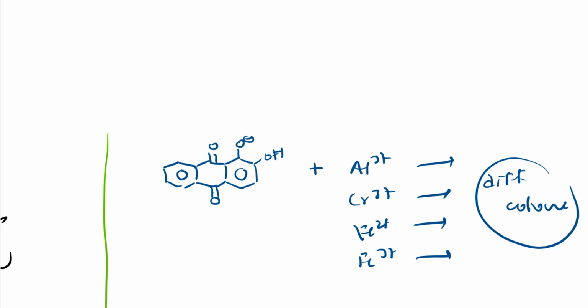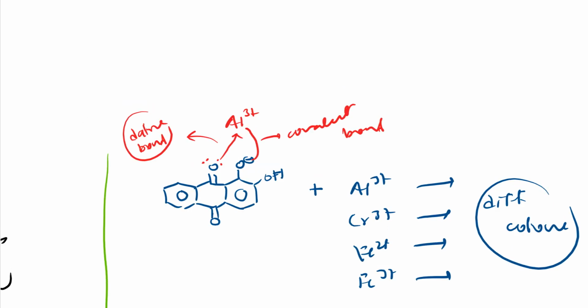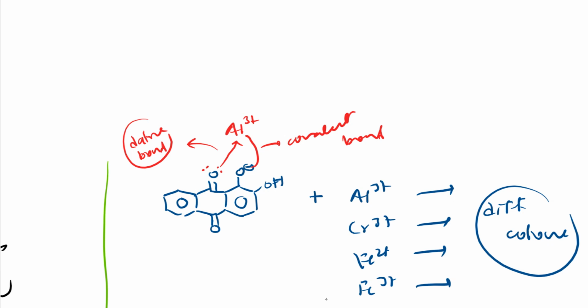So if I have this aluminum here, see here, Al3+. This oxygen combines with this aluminum forming a covalent bond, right? And here, see, this ketone group is there, right? It will form a bond with this aluminum by a coordinate or dative bond. Dative bond, right? Coordinate chemistry you have studied. There this dative bond or coordinate bond will come, right? So I have told, this dye, alizarin, will have more affinity to this mordant because of these bonds only. One is this covalent bond, the other is this dative bond, because of which it will have more affinity.